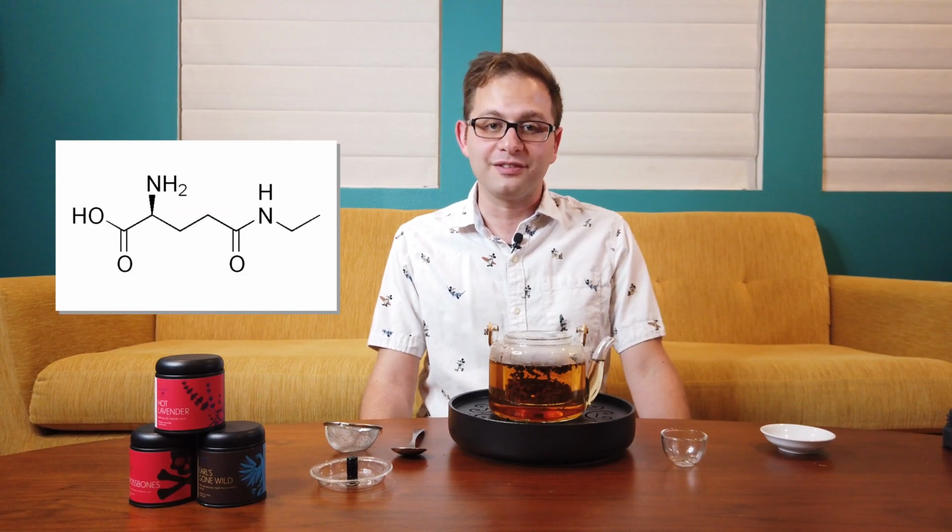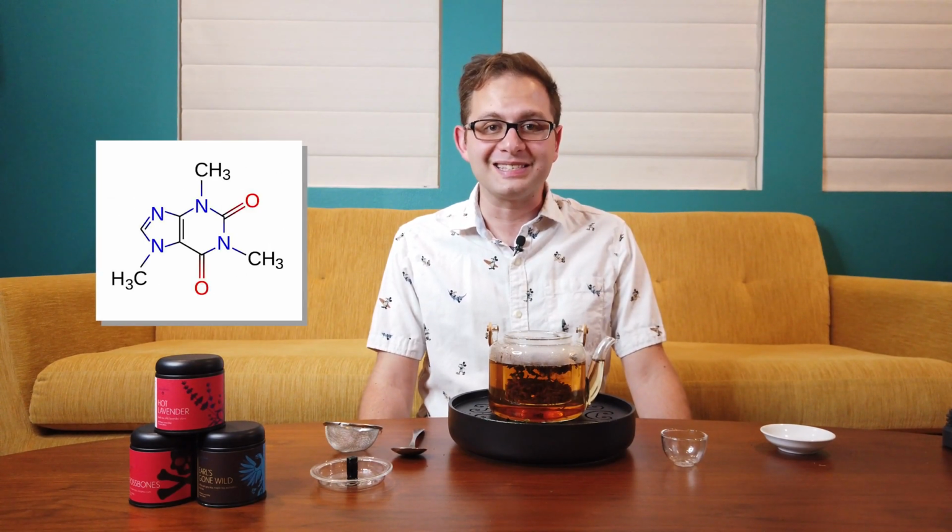So it might seem uneventful at first, but the leaves are undergoing rehydration and releasing all the polyphenols, catechins, theanine, theaflavin, and caffeine at the same time during this process. So in this phase, you have complete control over the flavor, the temperature, and the amount of beneficial chemicals that are released, like caffeine. And on that last note, if you're doing this to get a kick, you have to let the tea steep as long as possible to allow as much of that caffeine to get released into the